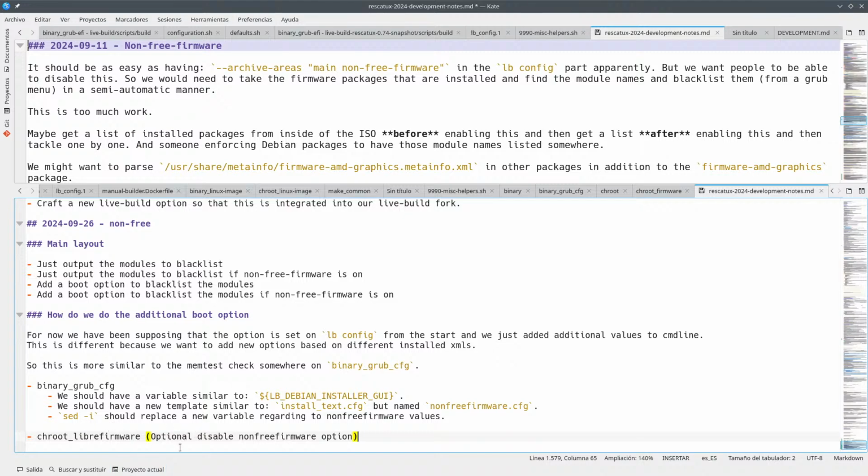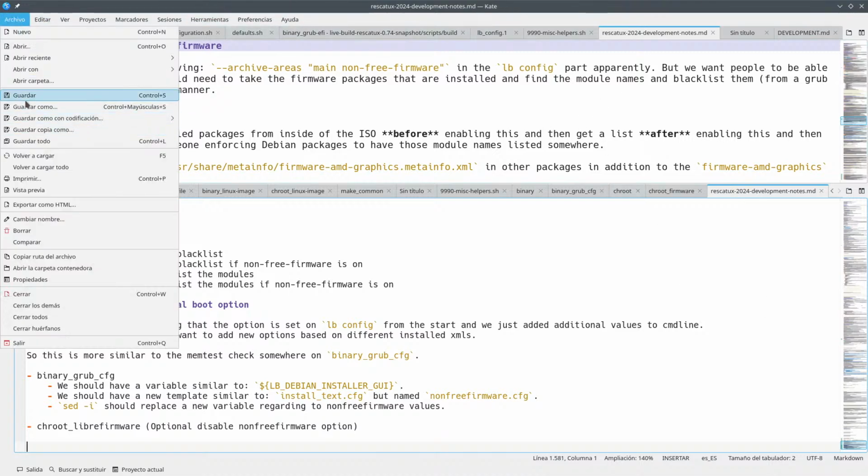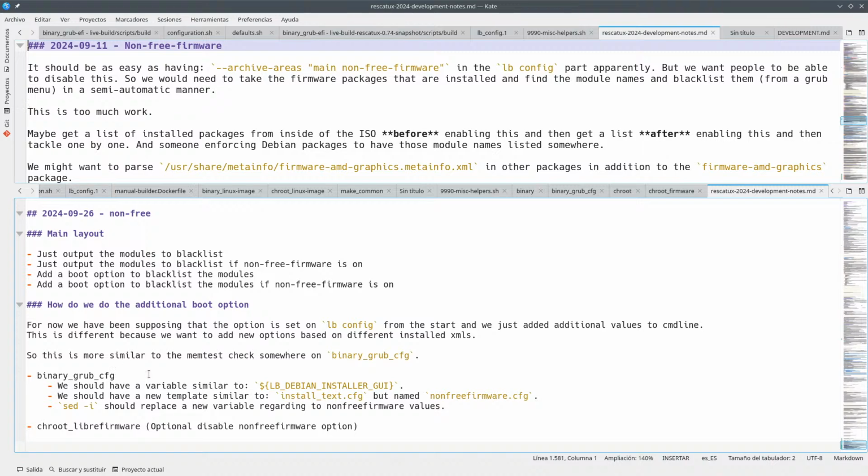Libre firmware, yeah, I don't know. For now, we have been supposing that the option is set on, this is different. So chroot libre firmware